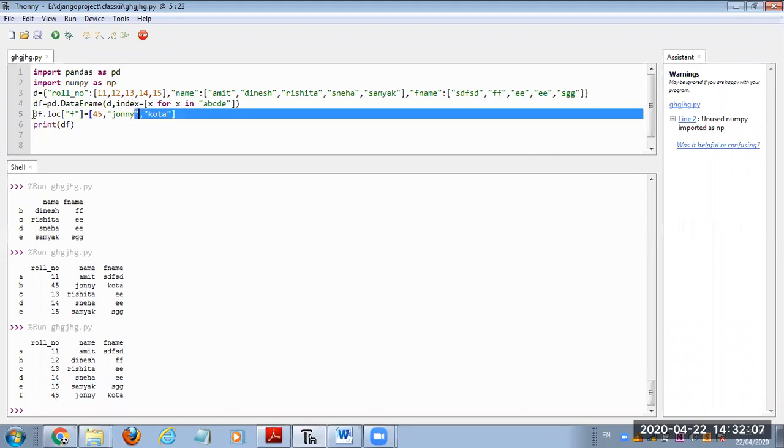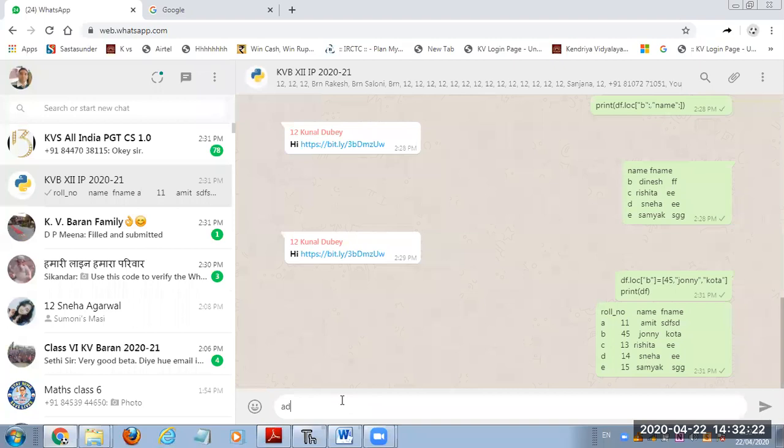So this is also a very interesting thing, how we can add a new row at the end. Using this loc function, we can add a new row to the data frame at last.